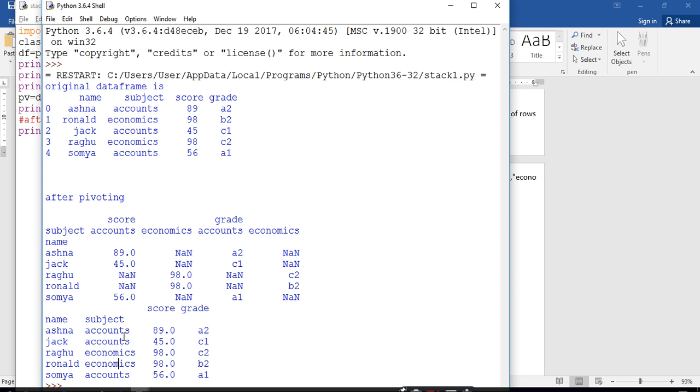These are the main columns that have some value, meaning the innermost columns, accounts and economics for the subject column, converted into rows.